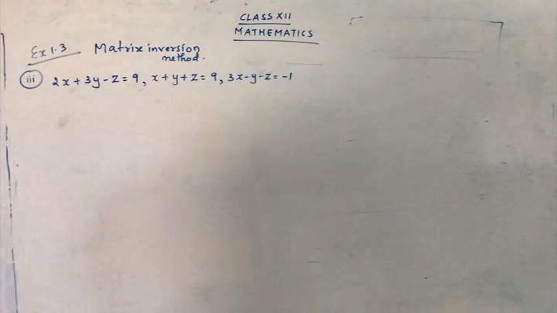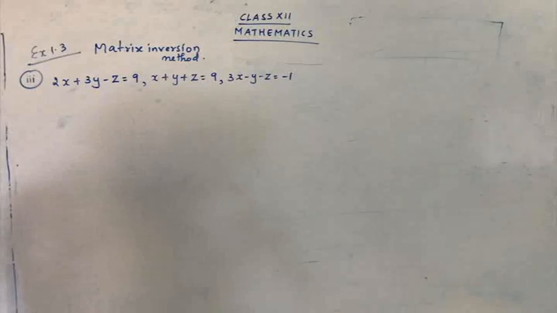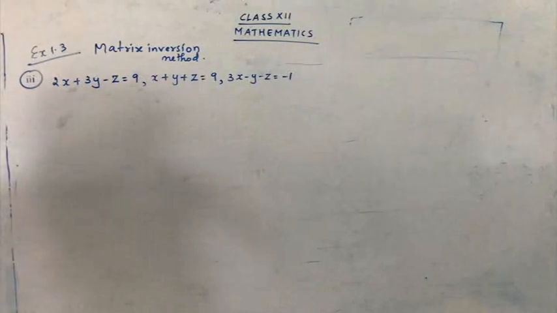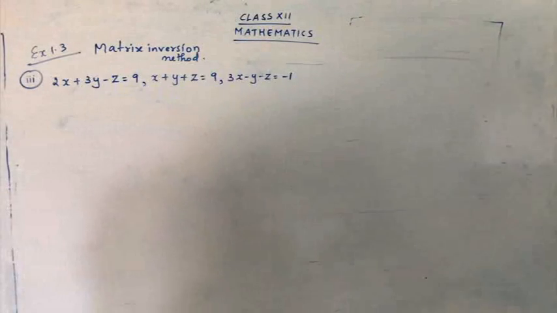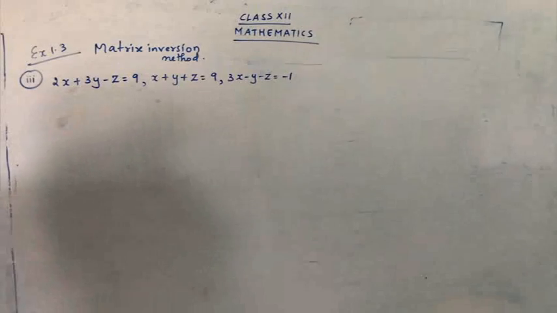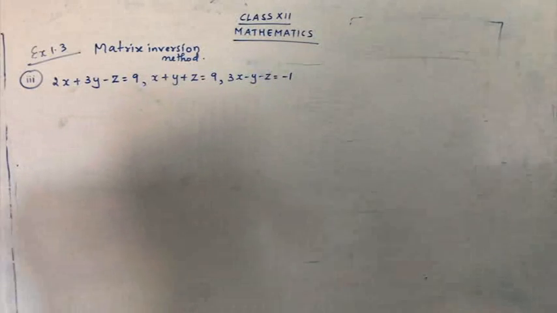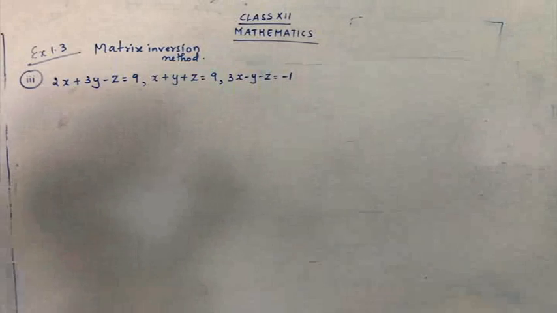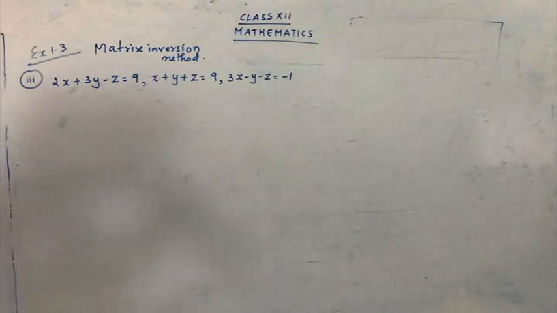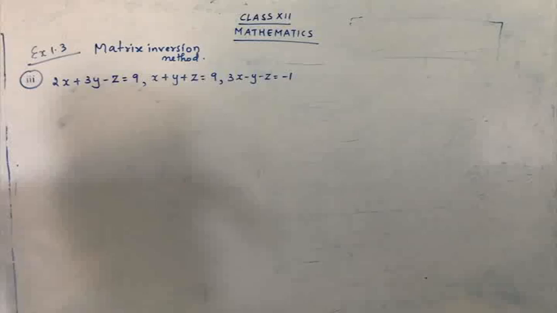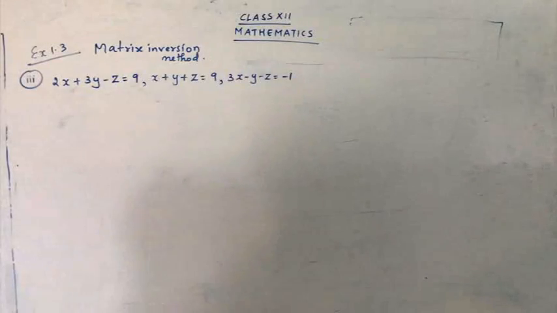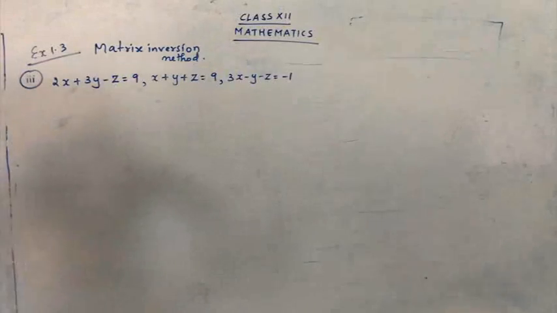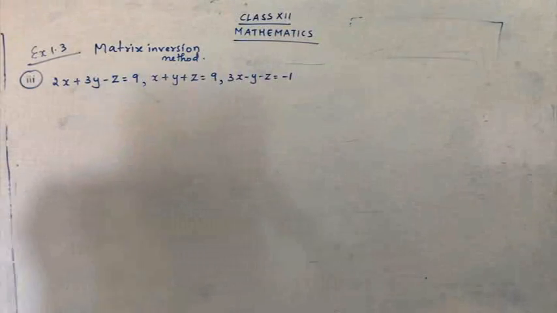In exercise 1.1, we dealt with how to find the adjoint of a given matrix, and also we have studied how to find the inverse of a given matrix. So you have studied some formulas over there, yes? So always just have a glance every day. Whenever you go for the new exercise, you just have a glance of that formula, so that formula remains in your mind. Once you are clear with the formula, it's very easy. Just do not keep your formulas to the last moment. Every day 4 or 5 formulas, you just go on.